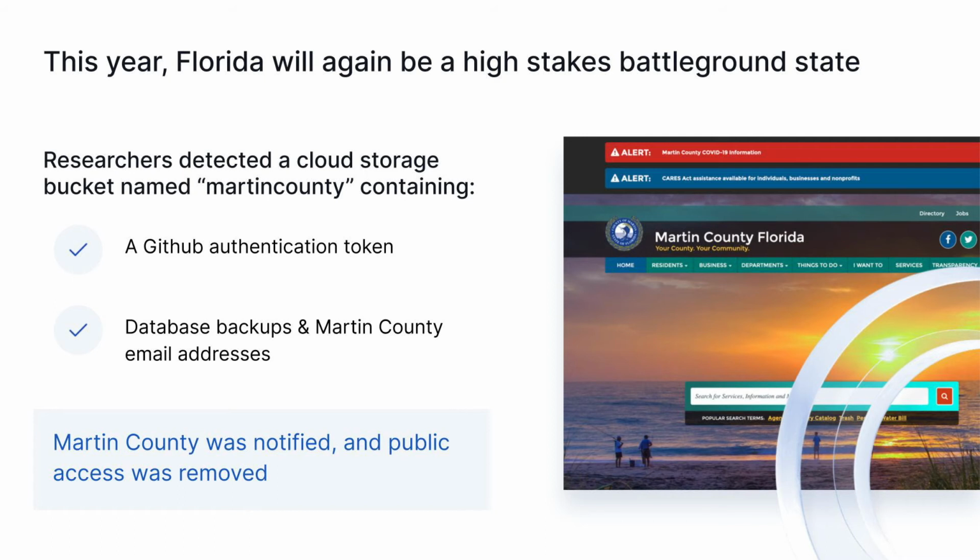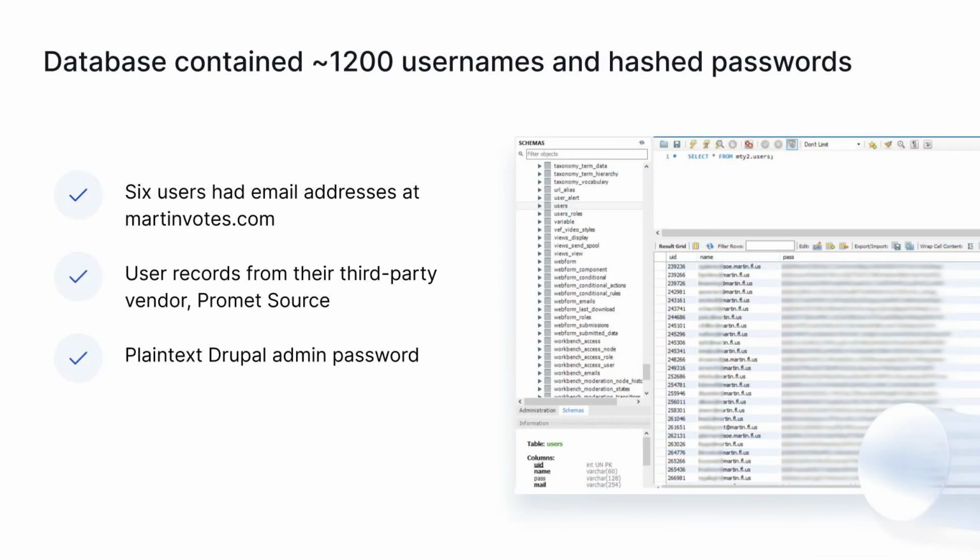After examining the contents of the database, it was clear from the users' email addresses that it pertained to Martin County, Florida. Chris Vickery, UpGuard's director of CyberResearch, began attempts to notify Martin County, and eventually public access to the storage bucket was removed. The database contained the usernames and hashed passwords for around 1,200 personnel related to Martin County